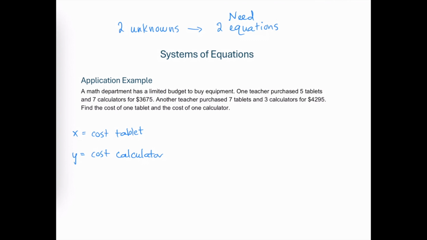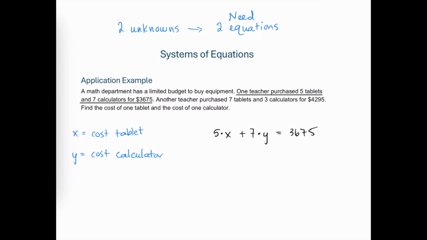So in looking back through the given information, we see that one teacher purchased 5 tablets and 7 calculators, and the overall cost was $3,675. So one of our equations can come from this scenario. We have 5 times the cost of one tablet plus 7 times the cost of one calculator, and that total